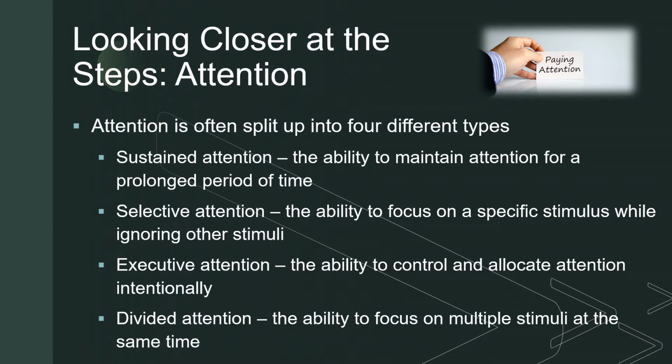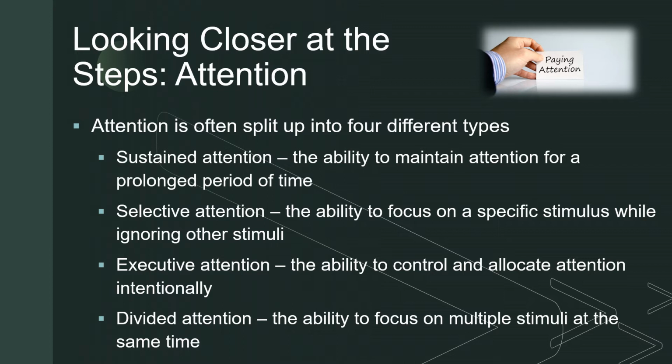One final type of attention that's sometimes discussed, and we'll look at the very end of this lecture, is this concept of something called divided attention, a theoretical ability to focus on multiple things. Automaticity and divided attention often get tied to each other simply because for us to be able to do multiple things, automaticity might need to be there. But we're going to, in the end, talk about how this very last step in attention is something that maybe is filled with lots of misnomers. But before I ruin the end of the story, let's look at the beginning.